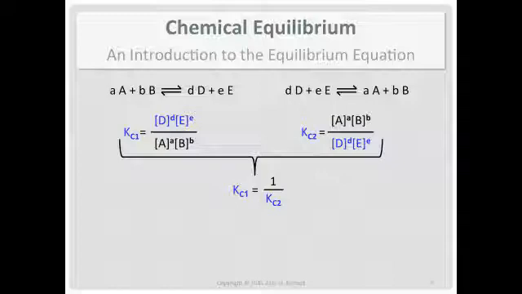So there's one manipulation. If you reverse the direction that you've written the chemical equation, then you have to take the reciprocal of the equilibrium constant. And one reason for this is, do you want to write it to be seen as going from left to right, or do you want to switch it around so you're reading it differently as far as which ones are your reactants or products? If you do that, then you have to change the value of the equilibrium constant.